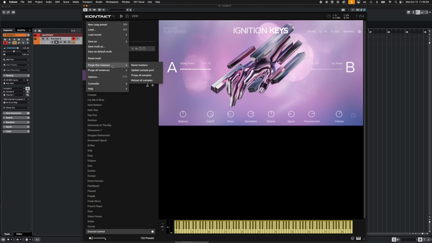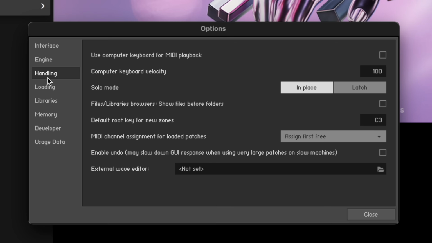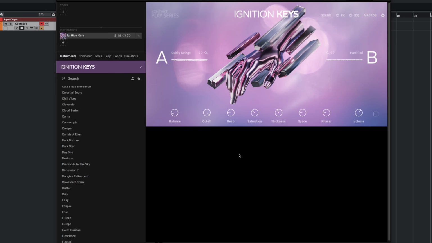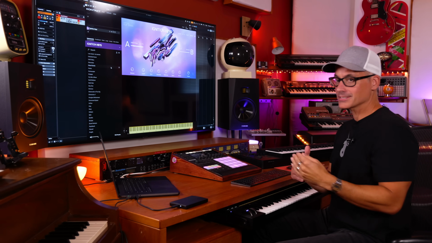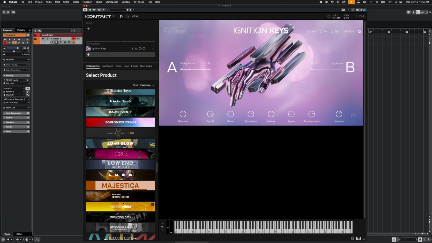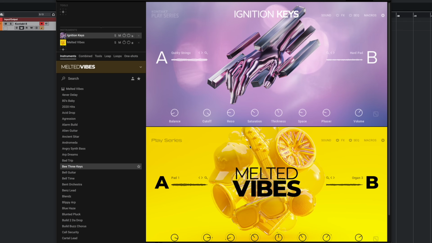So under the options, that's where you can change how certain things happen under the hood. One setting in the options that I feel is really important, under the handling menu right here, if you go to MIDI channel assignment for loaded patches and change that to assign to Omni, what that means is if you now load another instrument underneath Ignition Keys in this one instance of Kontakt, it will load it up on the same MIDI channel. So if I click on this next slot to add another patch, and let's go to Melted Vibes, it loads it underneath, and now